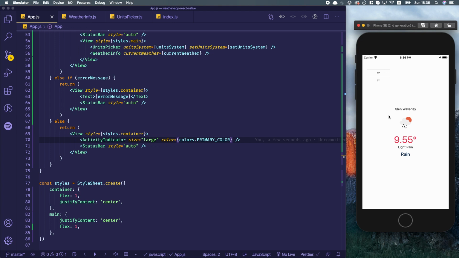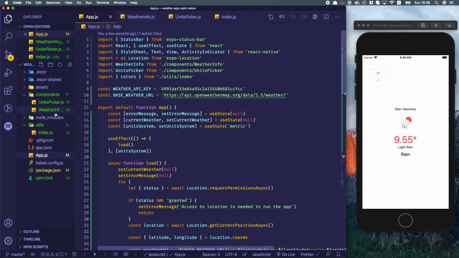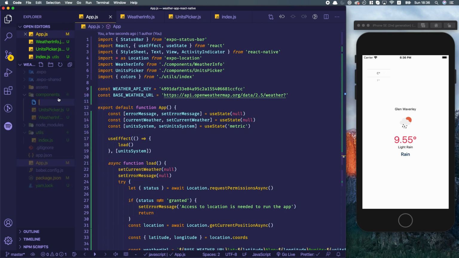Another thing that I want to have here is, let's say some time has passed and this is no longer accurate. The weather changes every time. So maybe I want to have a refresh button that will allow me to refresh this if we have a different state. So let me add that, and it's going to be called reload